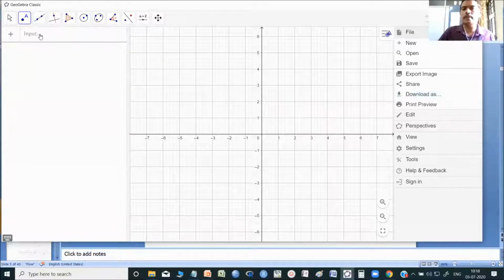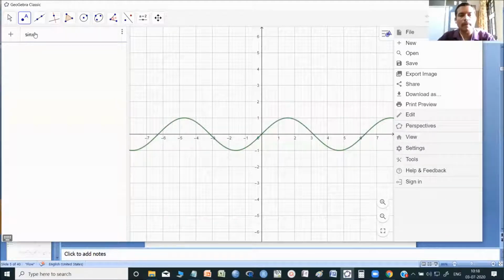So I will start with the Cartesian curve. In the beginning, I will explain a little bit more, but later I will go a little bit faster also. So how can we write a Cartesian curve? I can simply type sin x. Sin x, that's all. I'm not saying f of x equal to sine and then a bracket, etc.